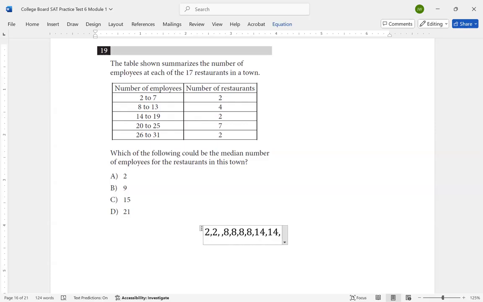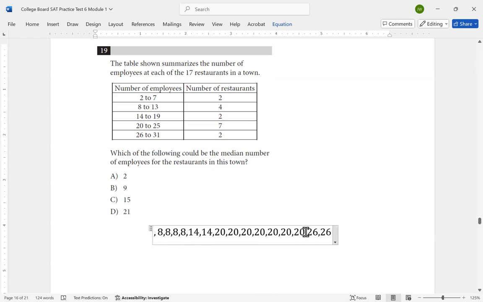So 14 would happen twice. 20 could happen 7 times. So I'm using a representative number for each set. And then 26 could happen twice. So if I'm looking at this set and using a representative number, 2 happens twice, 8 happens 4 times, 14 happens twice, 20 happens 7 times, 26 happens twice. I'm going to find the middle number. So what I'm going to do is